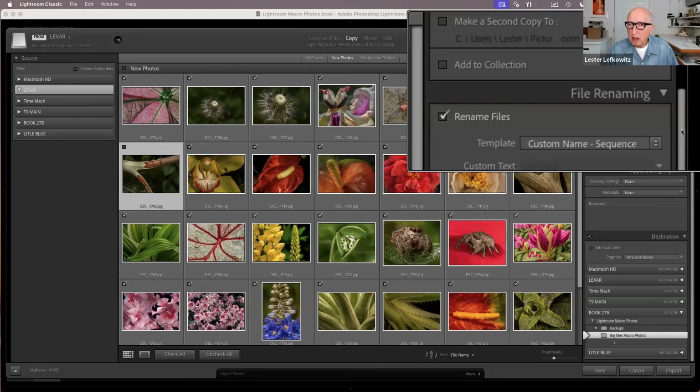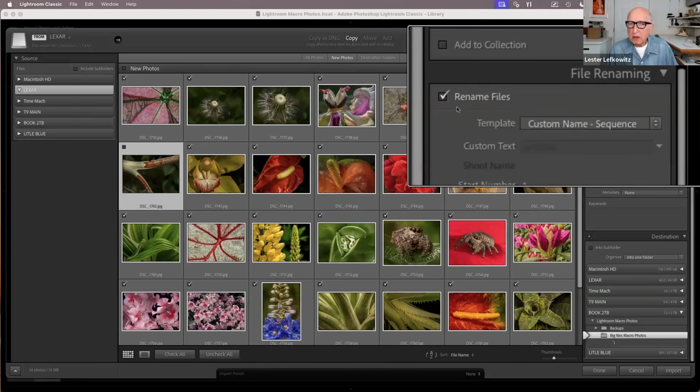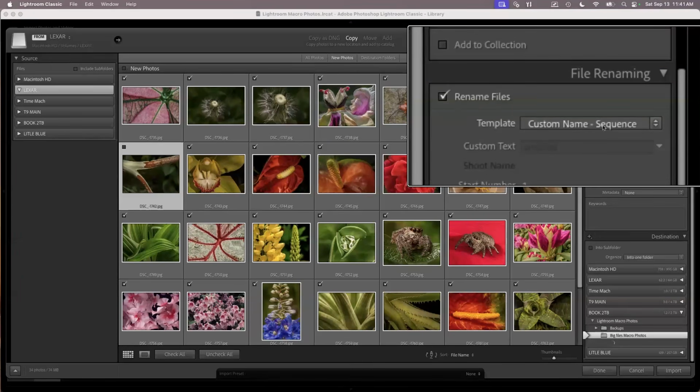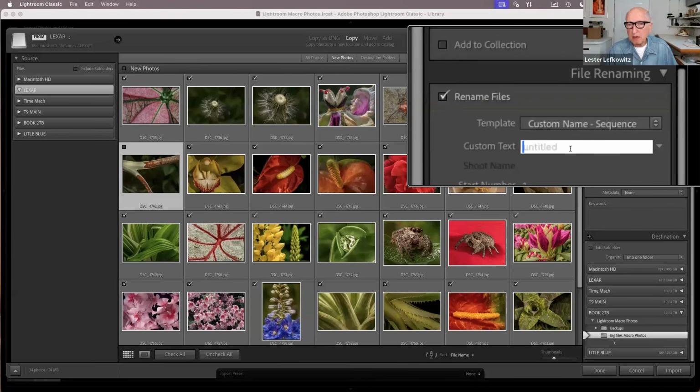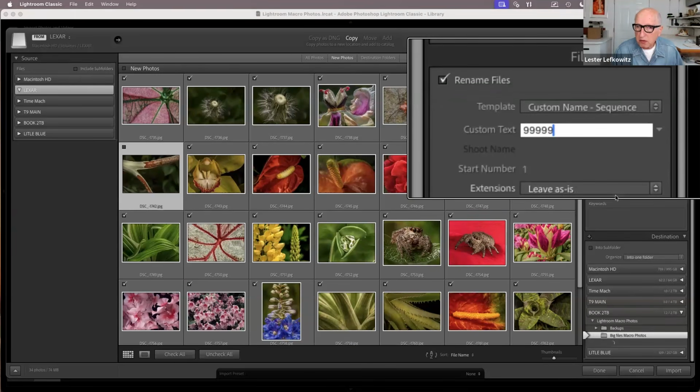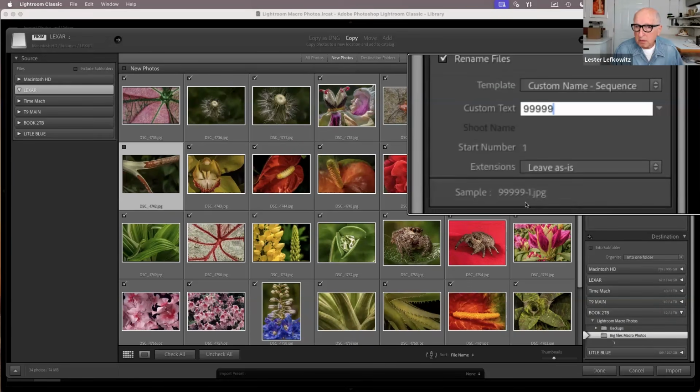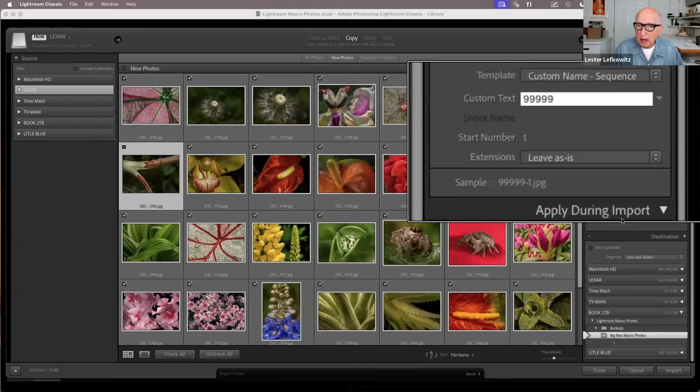But the way it works in Lightroom makes it very, very simple, in that it says custom name and sequence. So if I'm going to give it my custom name, I go to my pad of numbers and I say the next number is, and in this case, so I can remember to get rid of this example later on, I'm just going to call it 99999. And you can see when I do that, Lightroom says it's going to start with number 1, and it's going to number the pictures. The first one will be -1, -2, -3, -4. So this automatically takes out the DSC numbers and puts in my numbering system. But again, you don't have to do this. You can just leave the number. Okay, so now